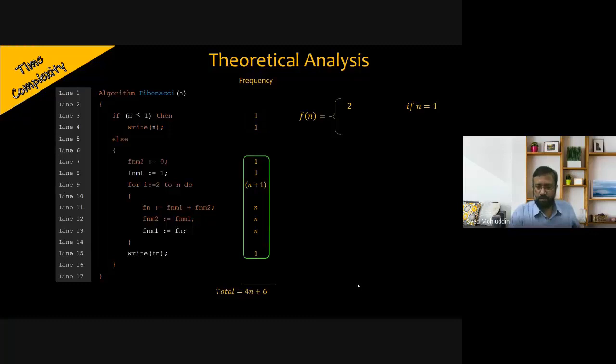And this whole thing will work, the else part will work if n is greater than 1. Sorry, not equal to, greater than 1. So if we compute this thing, we have 1, 2, 3, 4, 4 plus 4n, that is 4n plus 4 if n is greater than 1. Now why have I taken this example? Because till now whatever statements or algorithms we have seen, we did not